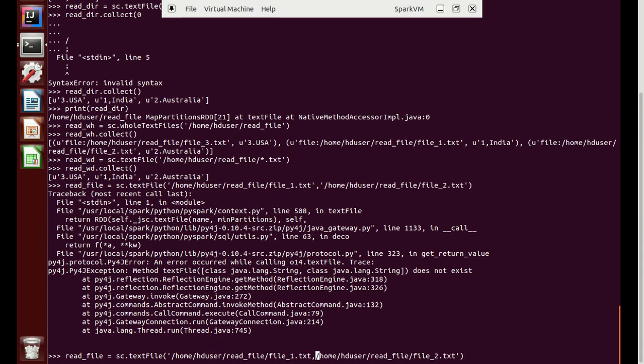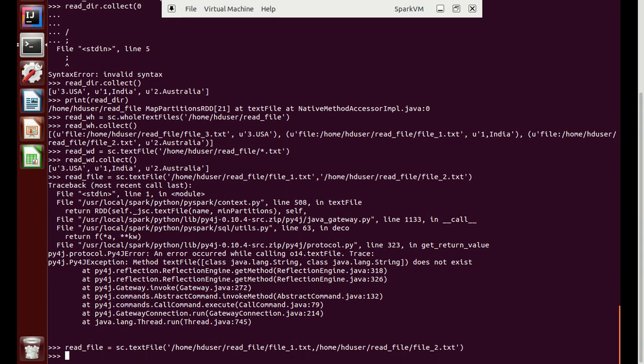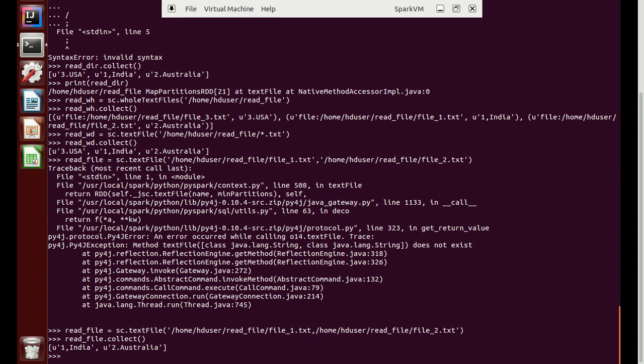Oh wow, read_file.collect. Okay, we are getting the output. So we are reading file 1 and file 2, and you already know the content, so we are able to produce it. These are the different ways in which we can read the files and create RDDs in PySpark.